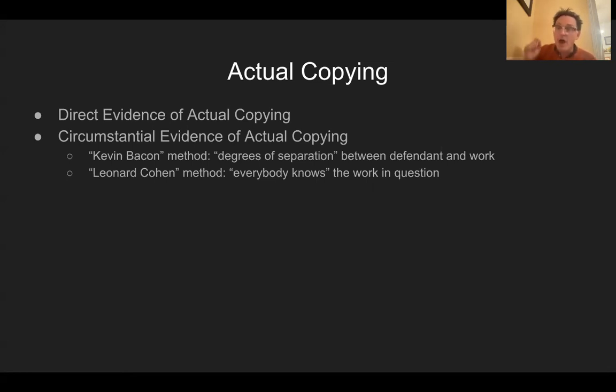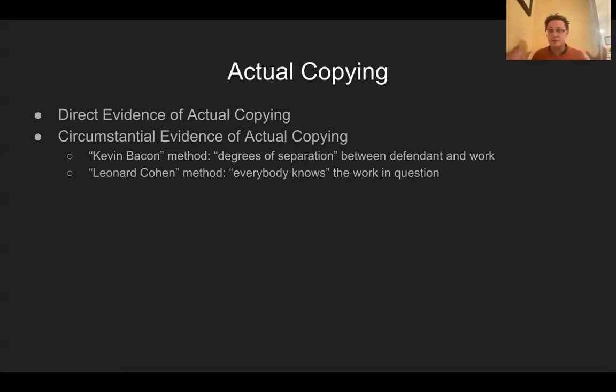And yet, copying of those elements could be probative of actual copying. After all, it would be unlikely for the plaintiff's work and the defendant's work to include all of the same uncopyrightable elements, or potentially copyrightable elements that don't belong to the plaintiff, right? The similarities allow the drawing of an inference of copying, even if they can't actually support an infringement action, right?